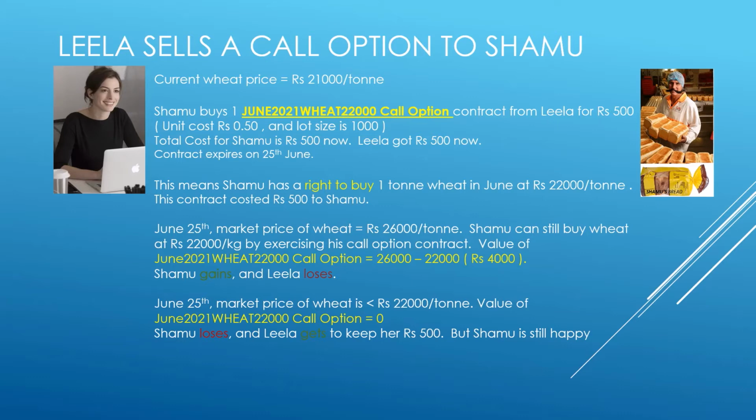Now, one thing to remember is that there are call options at various strike prices. That will be a different contract. Call options can be given around 23,000 strike prices or 24,000 strike prices, but the price of those call options will be even lesser at the time of contract because the probability of that level being reached is even lesser. In real world example, this is how call options can be used.